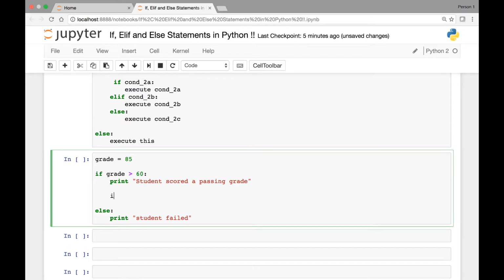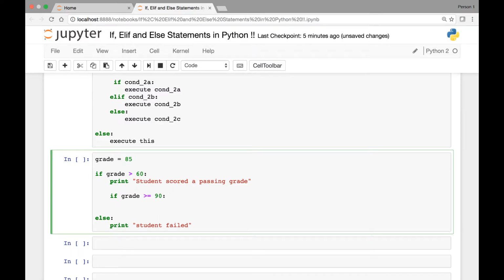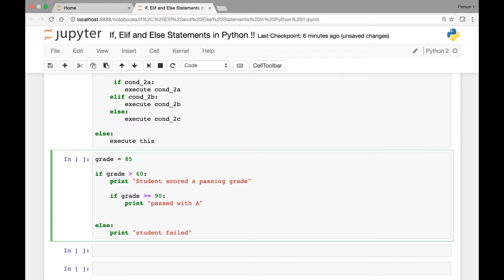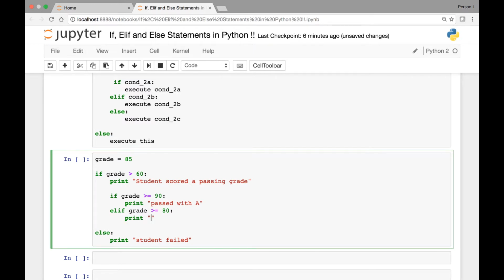So inside the statement we can say if grade is greater than or equal to, let's say, 90, you can say print passed with A, and we can say elif grade is greater than or equal to 80, we can say print passed with B,